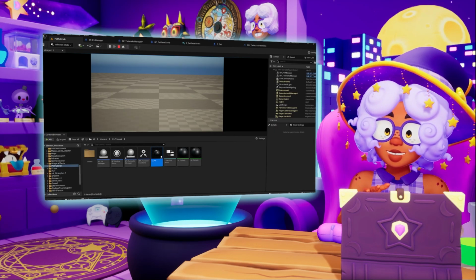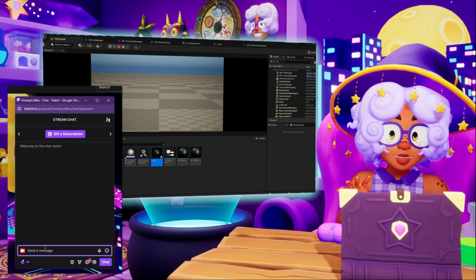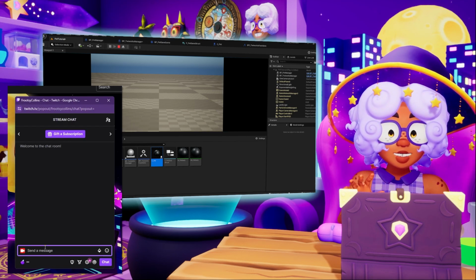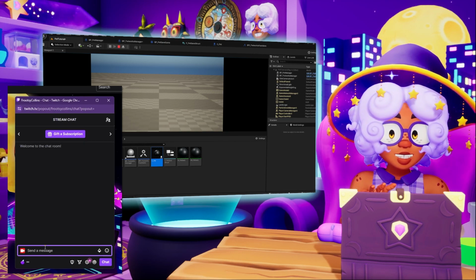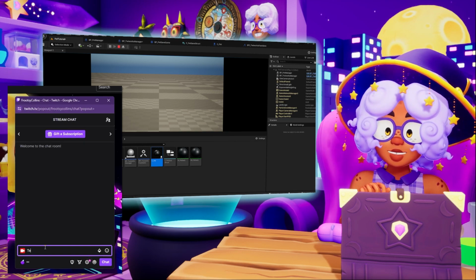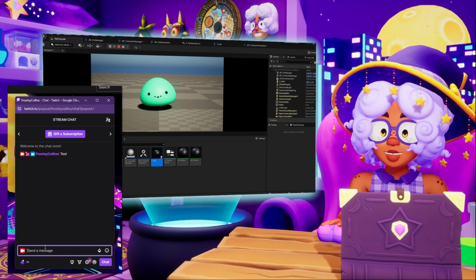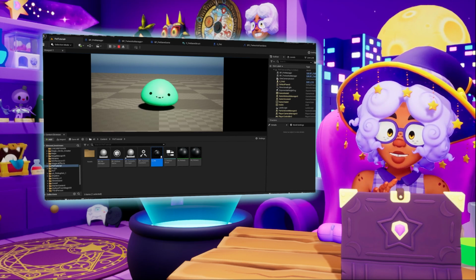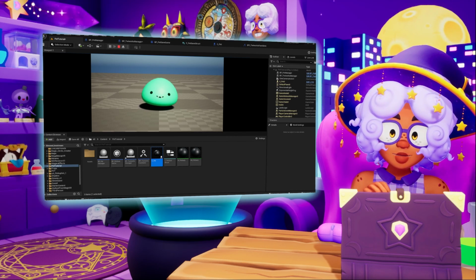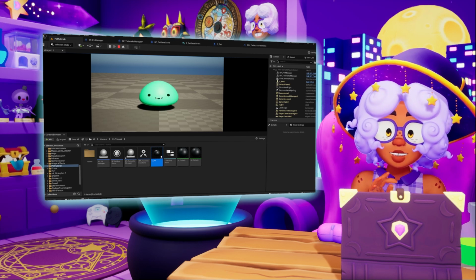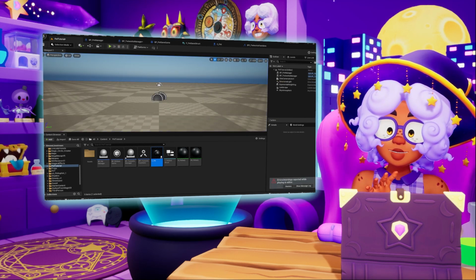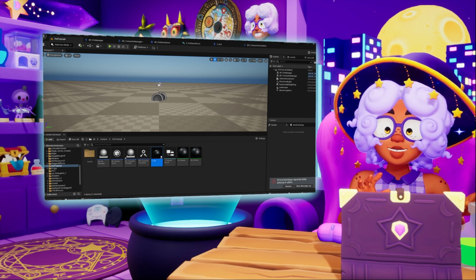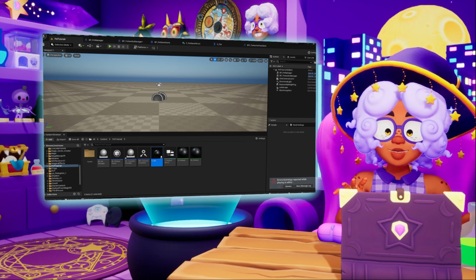Anyway, once you've got your level running, go in your Twitch chat and type in something to make a pet appear. And you don't have to be actively streaming for this to work. It'll monitor what's going on in your chat even when you're not streaming. So if we type something in, it creates a little guy. And that pet should have our user ID assigned to it, and it's being automatically set to green for the body color. Very cool. Now, when you close it, you're going to get an error that says Unreal can't find the save game the pets are stored in, because we haven't created our saving and loading functions yet, so don't worry about that for now.